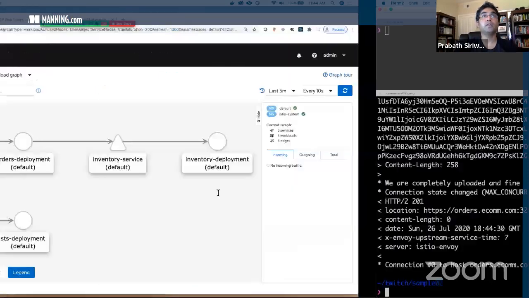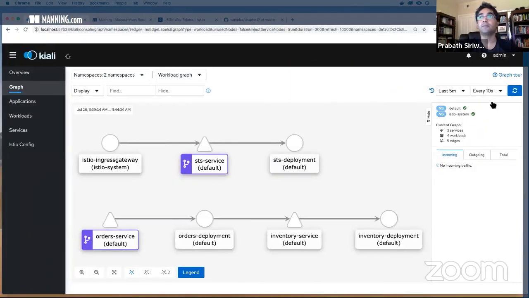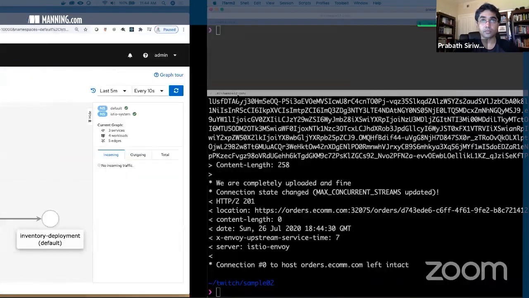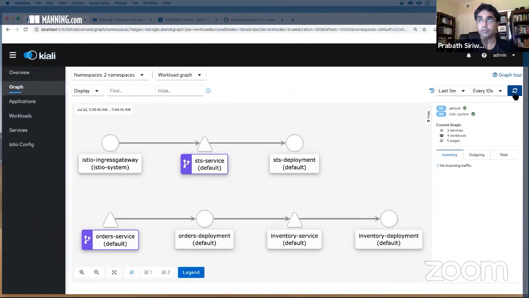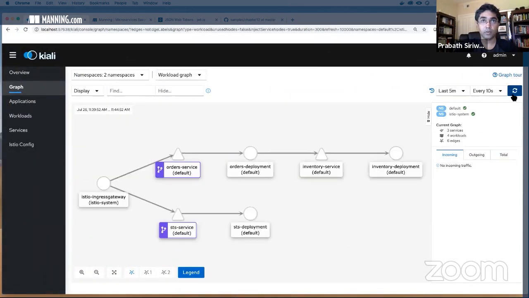Now let's go back to the Kiali dashboard and see what happens. It usually takes some time to get updates. Okay, now you can see the Istio Ingress Gateway here.